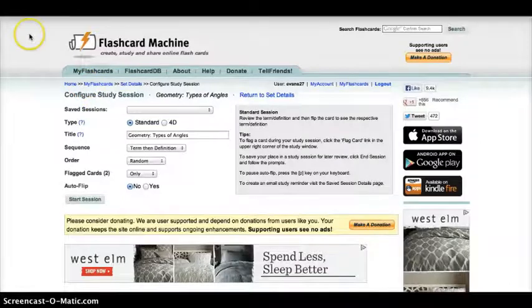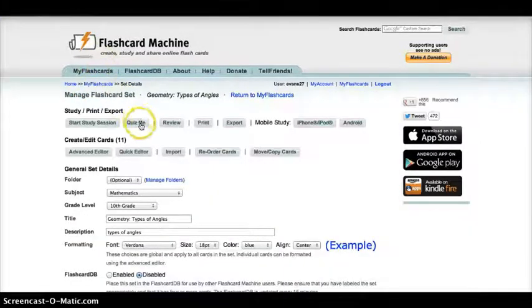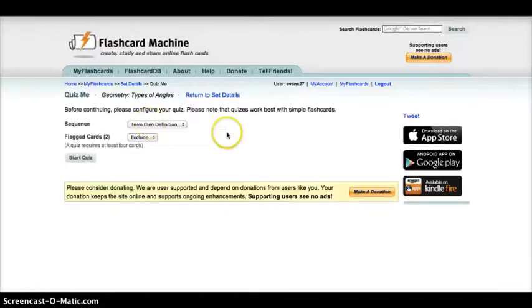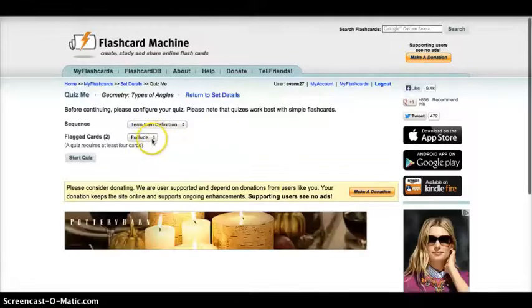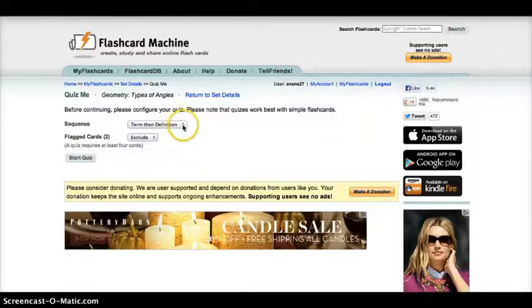It also has a quiz option. If I go back to this page and I click on Quiz Me, again, I can decide to include or exclude my flagged cards. And I can choose the sequence. Do I want the term and the definition, or do I want the definition and then the term? So I'm going to keep term and then the definition. So if I start the quiz,